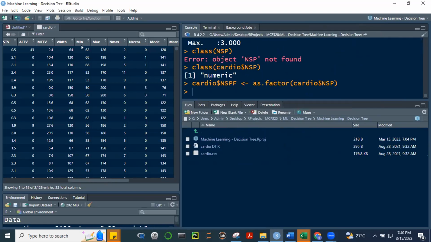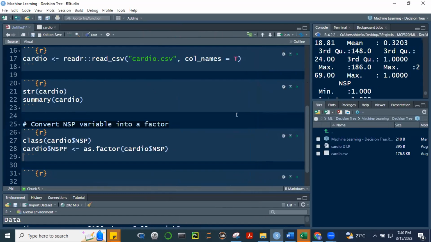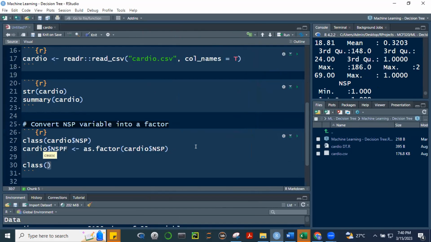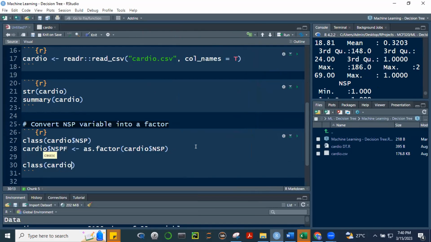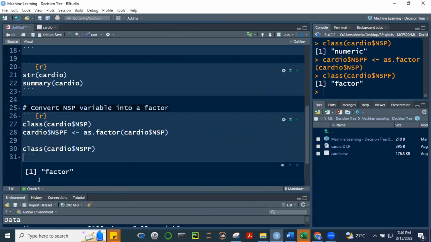And if we take a look at the class of this object, tingnan natin. Class ni cardio dollar NSPF, yan, makita nyo, lumabas si NSPF, no? There. All right, let's get the class of that, and it's a factor. Okay, pag factor, ibig sabihin nun, it's used as a classifier.